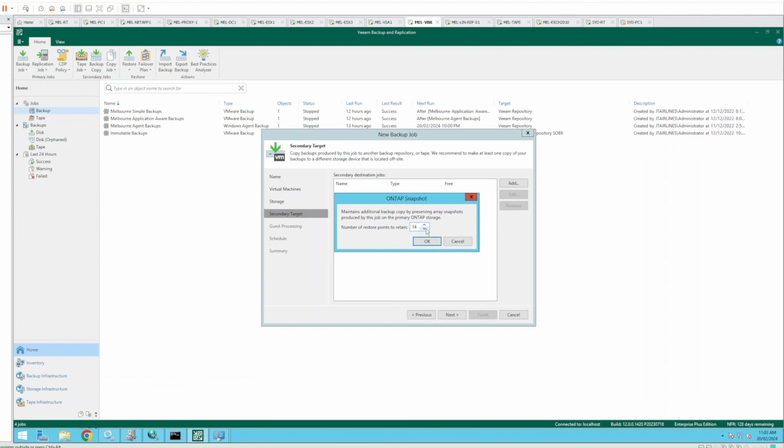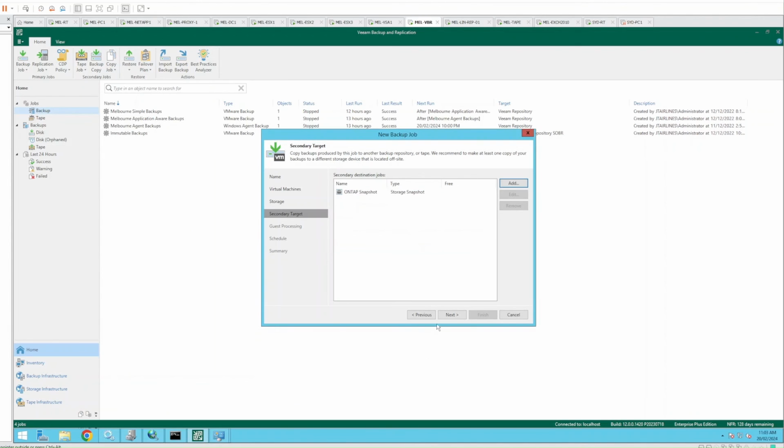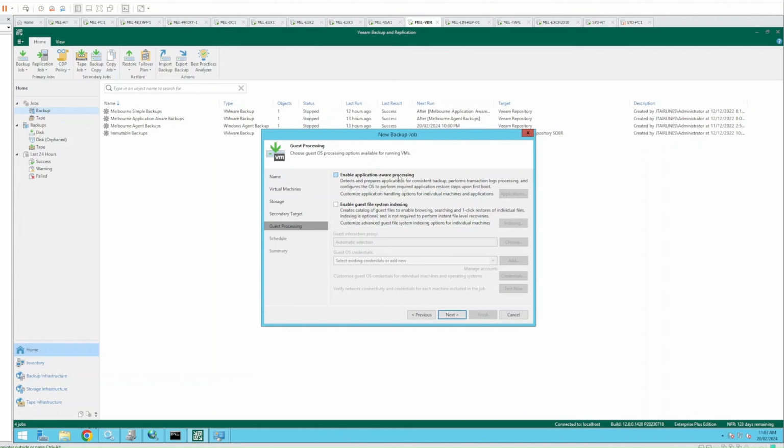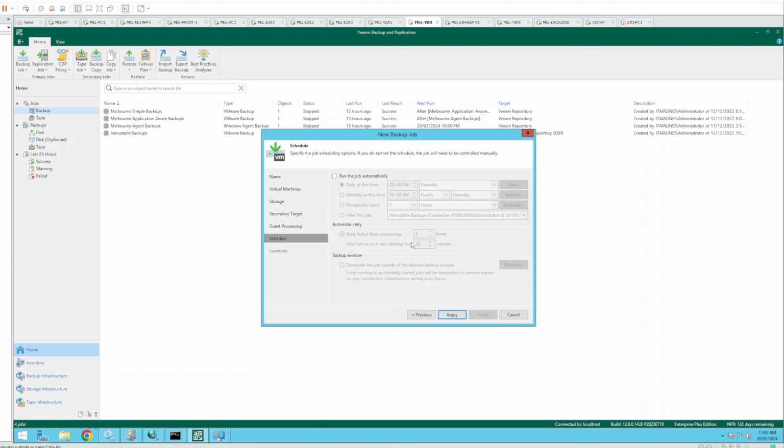So in addition to the backup going to our hardened repository, we can also tell the NetApp to keep a copy of the snapshot that you make for this backup job and keep it for a certain number of restore points. So maybe I'm happy to keep the next 2 snapshots, and I'll show you what happens on the NetApp side of things. So if I click OK and go next, and I do want to enable application aware processing, I'll just use the standard administrator credentials. Next,